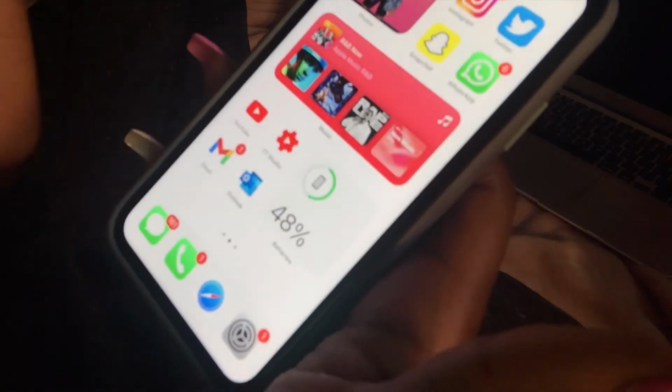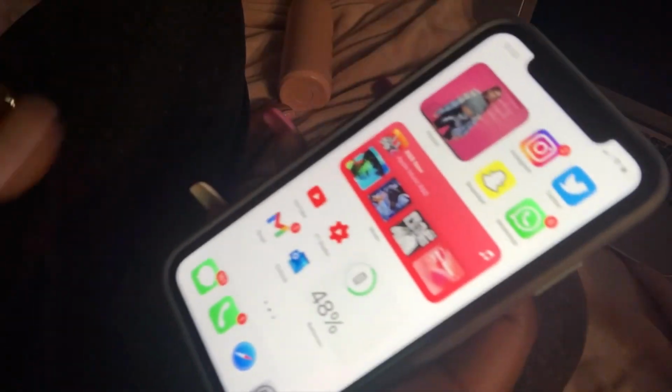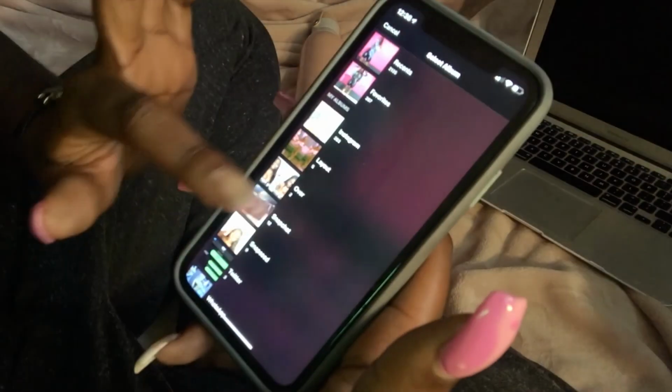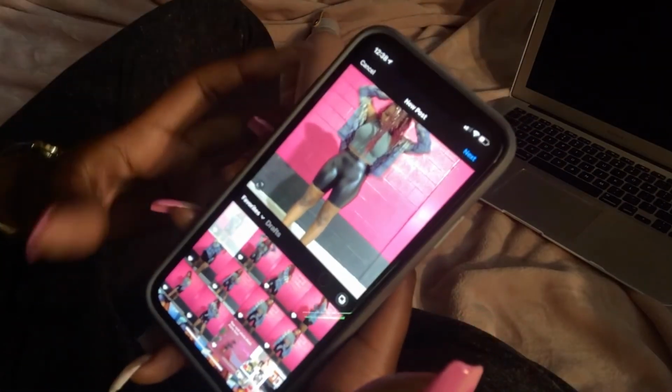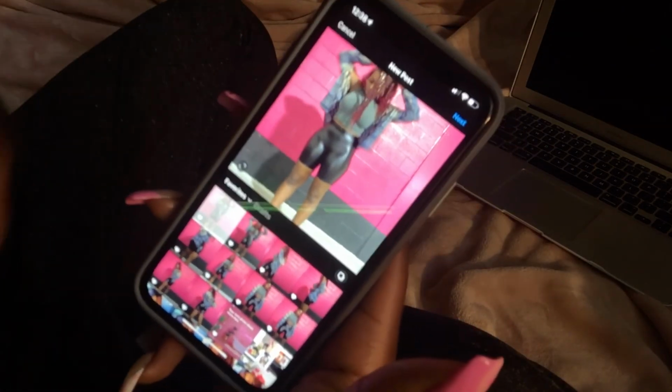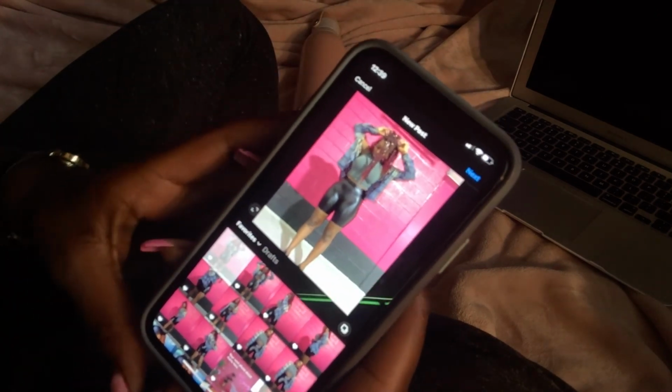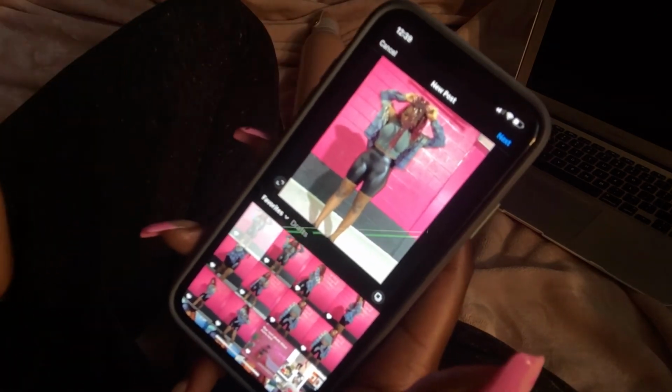Now we finish our editing on Instagram, the last part before we post. Instagram plus, create a post. I'm gonna hit favorites. Boom. Now all my pictures are right where I want them, and I'm going to expand, because when you choose your